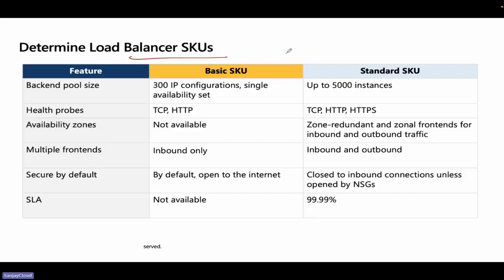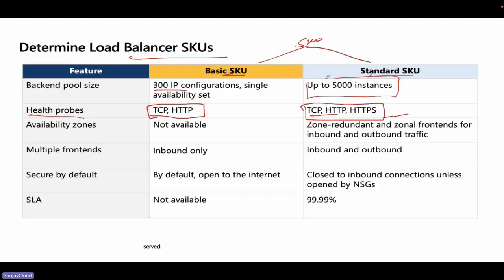Features: we have two SKUs, Basic and Standard. With Basic, we can add 300 instances behind our load balancer as a backend. Health probes we can configure using TCP and HTTP protocols. When it comes to Standard, we can use HTTPS and TCP protocols for health checks only. Remember, health check only. With the Standard SKU, we can add up to 5,000 instances